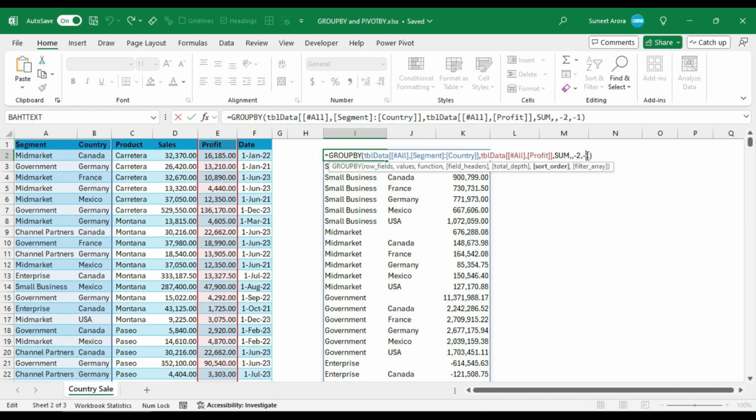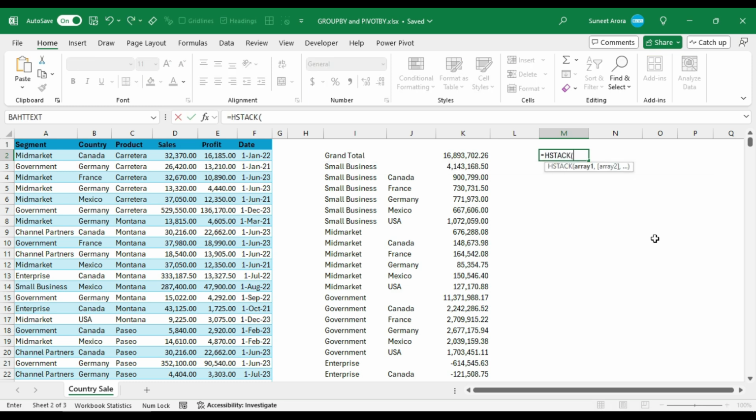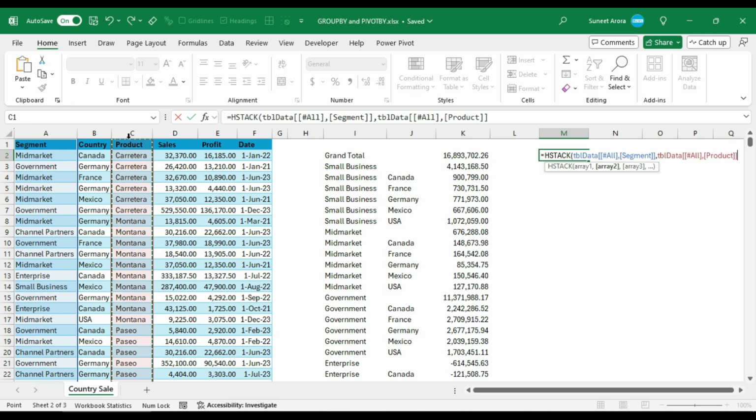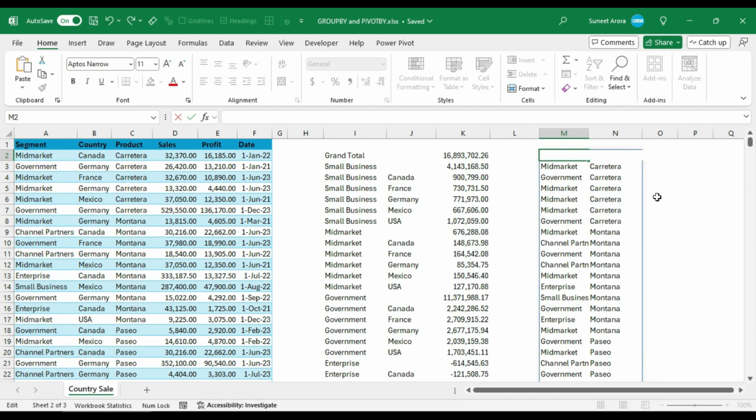And what if you want to include segment and product, meaning columns with some gap, right? In that case we need to be a bit tricky. We need to use HSTACK here to horizontally stack the columns together, and I'll show you the output first and then we can use it in the GROUPBY function. So I'll use segment and then product, clicking 2 times on each field, and there you go. So we'll use this in our GROUPBY function